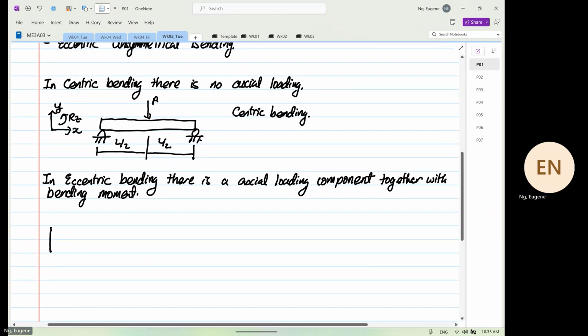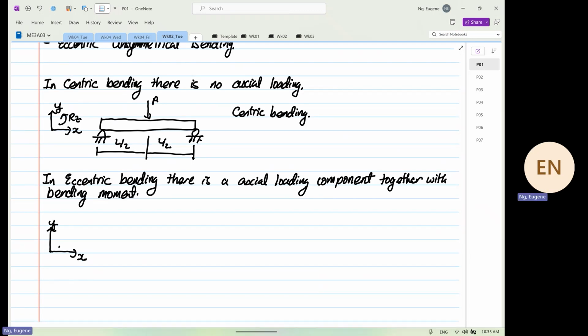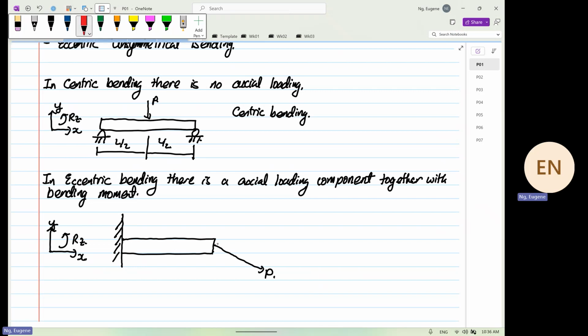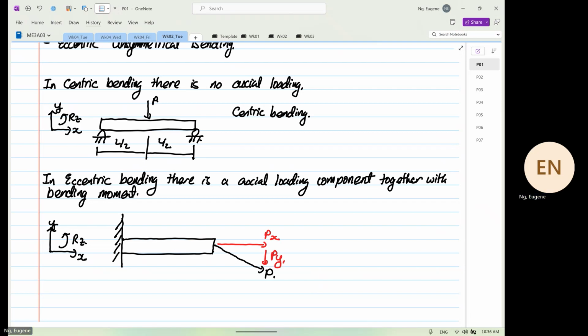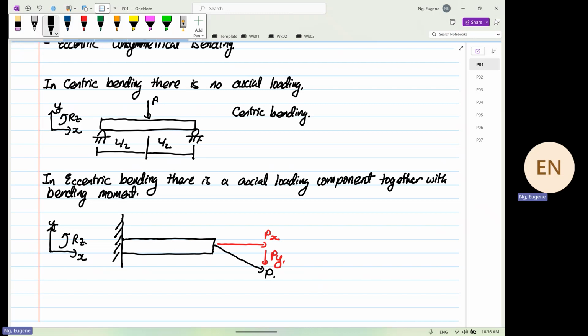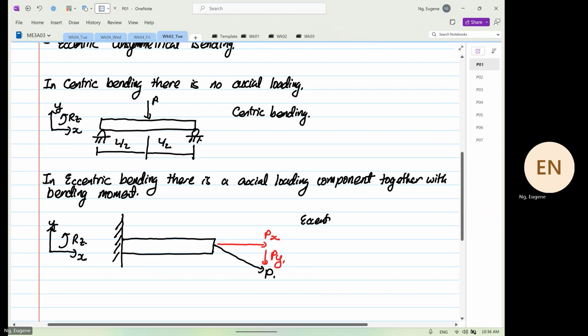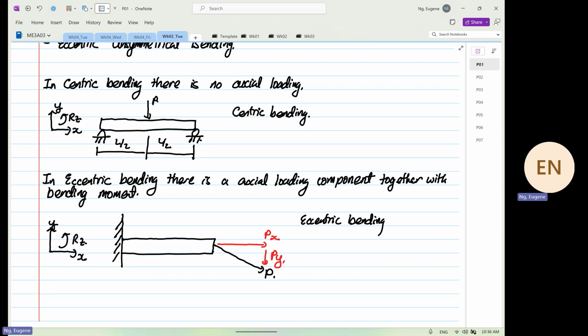So now again, this is our X, this is our Y, this is our rotation about Z. Now it's a cantilever beam. Now in our cantilever beam, we have a load, and this load over here has an applied force P. Okay, so P at that end will have two components. We will have a Px, and we have a Py. Okay. So over here, this is what we classify as eccentric bending. And this is our distance from here to here,